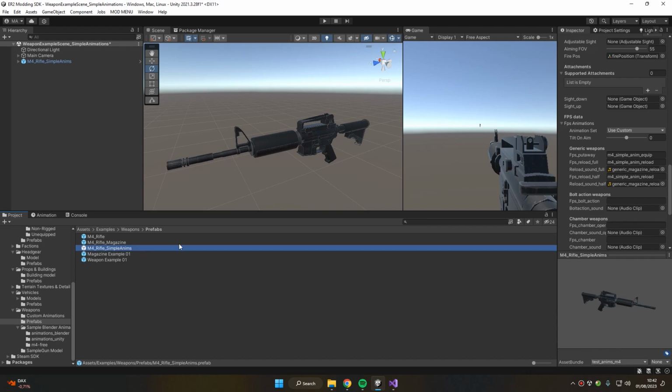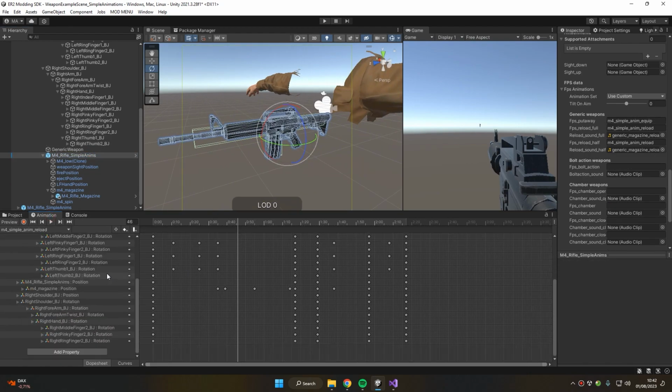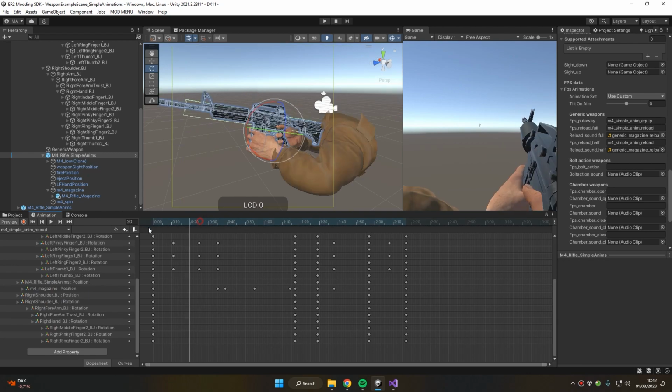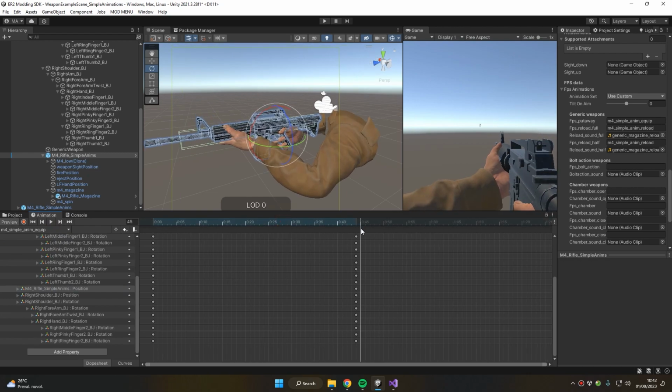Also notice that I can't rename my weapon now, so this is something you have to check before you start animating. Why is that? Because my animation completely depends on the names of my weapon. If I go here, as you can see, I have my keyframes, and the keyframes of my weapon are called M4 rifle simple anims. Luckily I never really animate my weapon, except for this equip animation where I say where my weapon is. But if now I want to rename my weapon to, for example, simple anims 2,